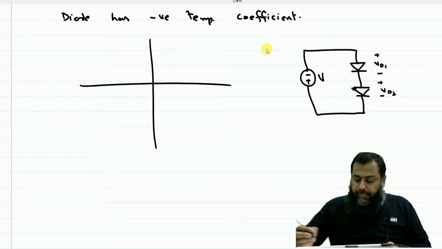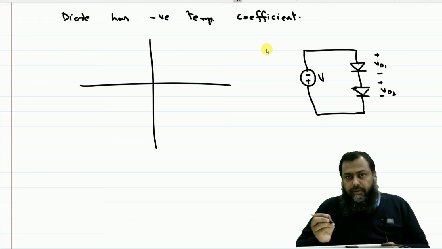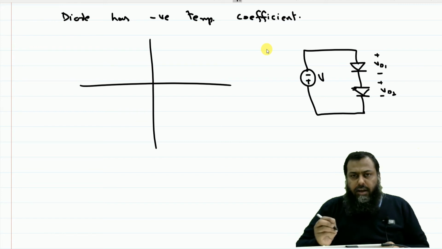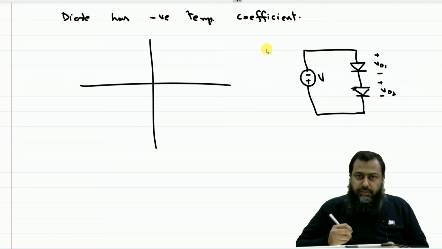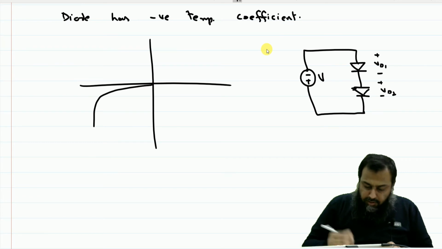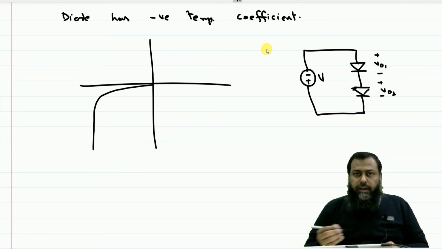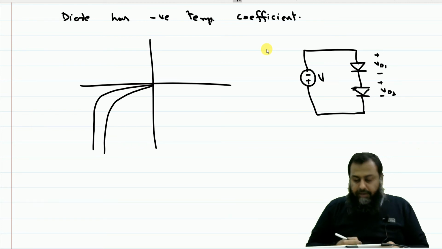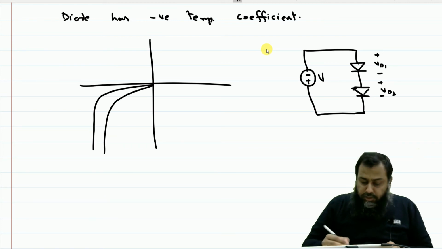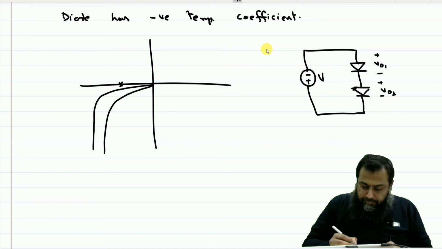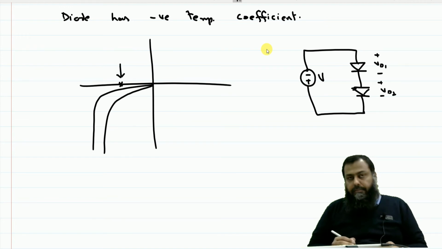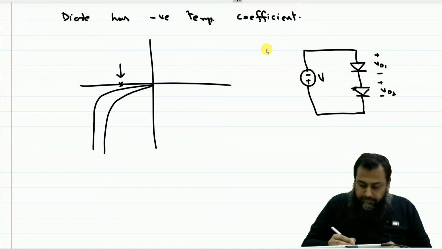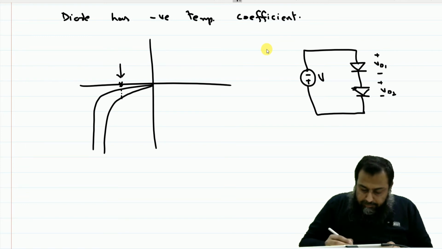However, you may notice that there might be some discrepancies or non-idealities in the manufacturing process, such that the reverse blocking region of these two devices differs by, for instance, this particular point. Notice that this diagram is not to scale. Now suppose this is the total applied voltage, the blocking voltage that is to be blocked. This means that